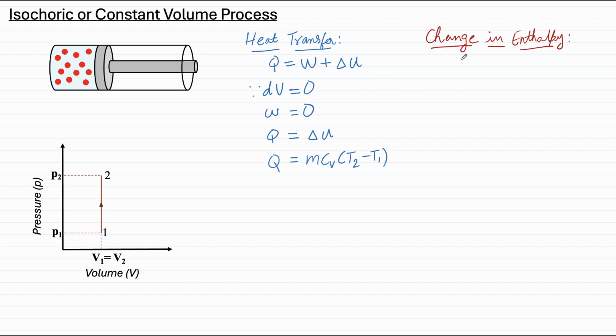The change in enthalpy in constant volume process can also be derived from the formula of enthalpy, that is enthalpy is equal to internal energy plus pressure volume product. And since the change in PV is 0 here, change in enthalpy is going to have the same expression as change in internal energy, which is equal to mCv dT, or we can also write it as